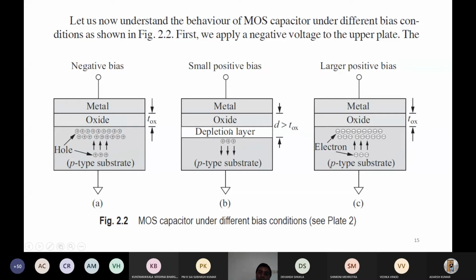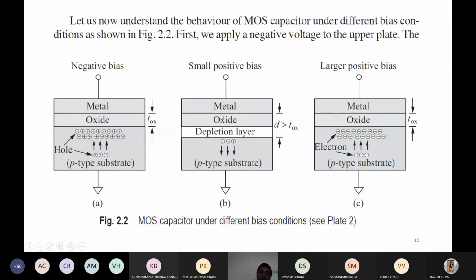In this way, the depletion layer is similar to a dielectric. If something is not there, meaning there is oxide and then a further free-of-charge layer, it is also acting as a dielectric. So there are two types of dielectric: one is the oxide, and the other is the free-of-charge depletion region. In this way, the initial capacitance will change. Basically, these holes, as shown here, are going downward because of the repulsive force due to the positive charges present here, if a positive bias is applied but it is less than the threshold voltage.